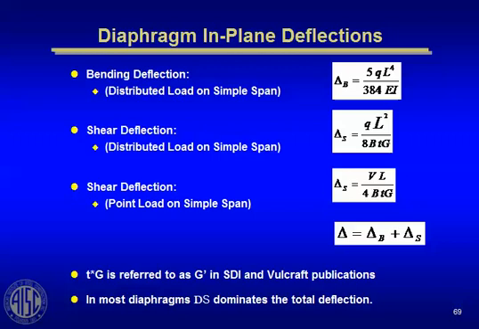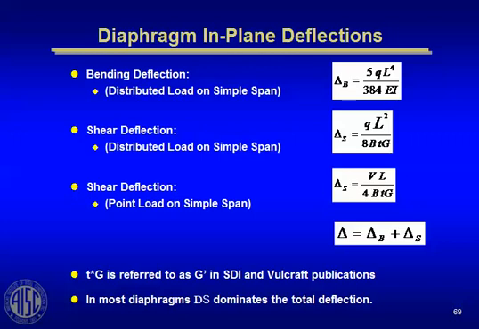Here are some simple equations for simple diaphragms. These are basically rectangular diaphragms. The bending deflection is nothing more than the simple beam deflection you're used to, 5wL⁴ over 384EI, or 5QL⁴ over 384EI, where EI is the stiffness of the diaphragm in plane. Most often shear deformation or shear deflection dominates. Because the diaphragms are so deep, usually the flexural deformation is minuscule, and delta sub S actually controls,